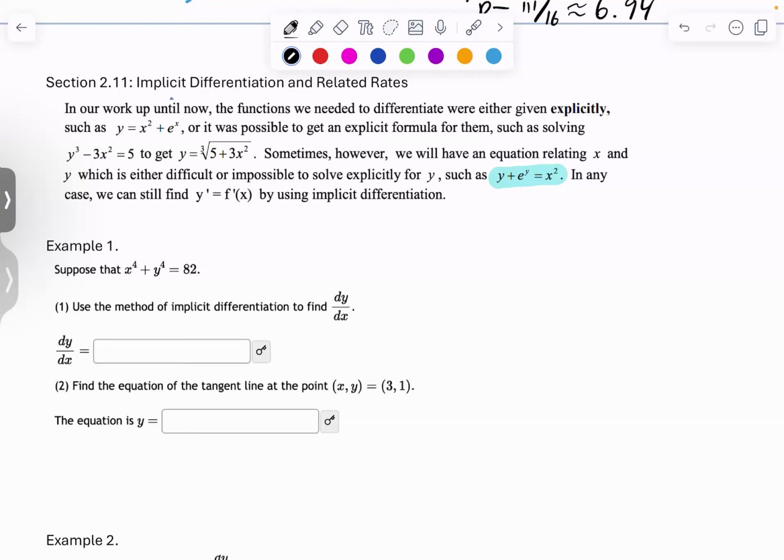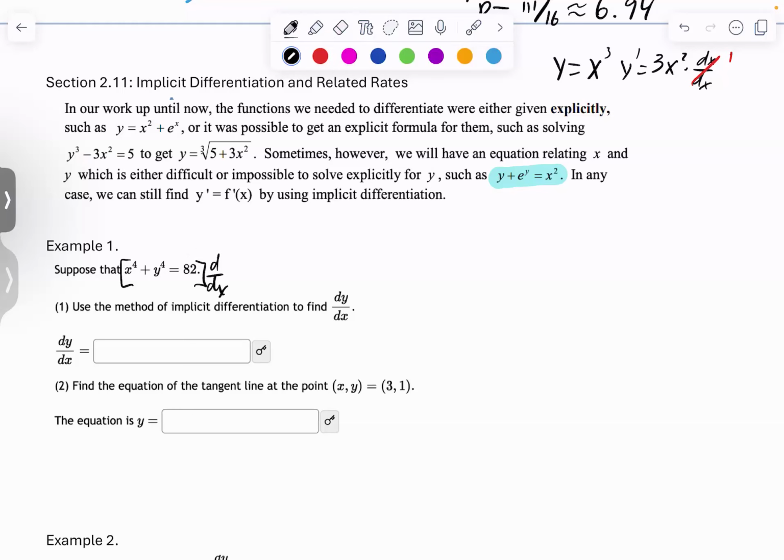dy dx. I want to point something out: if I have y equals x to the third, and I find y prime, I'm actually taking 3x to the second power times dx over dx. Now, we don't write that ever because dx over dx is just 1. So this hasn't really been an issue that we've needed to deal with, so we just ignored it. However, when we have x's and y's kind of buried in there together, like we do for example 1 here, we have a problem. So if I apply d over dx to this whole piece here,